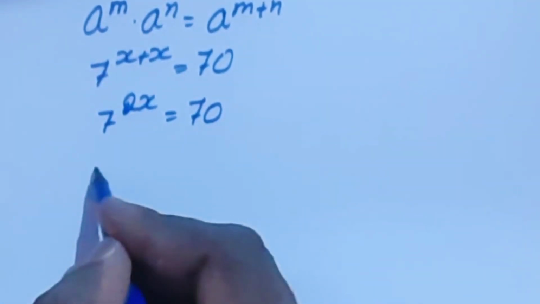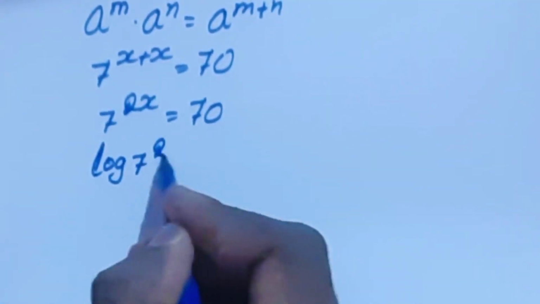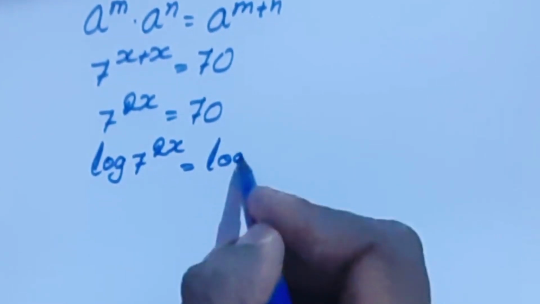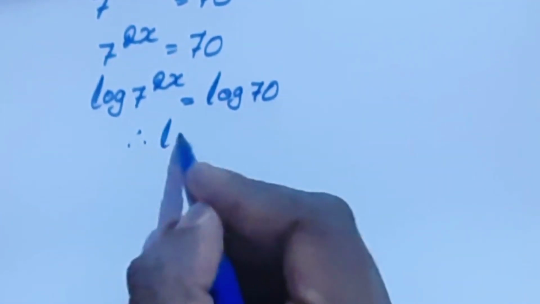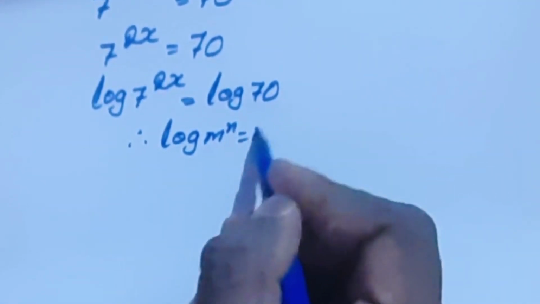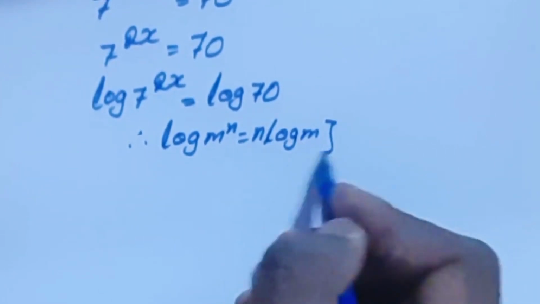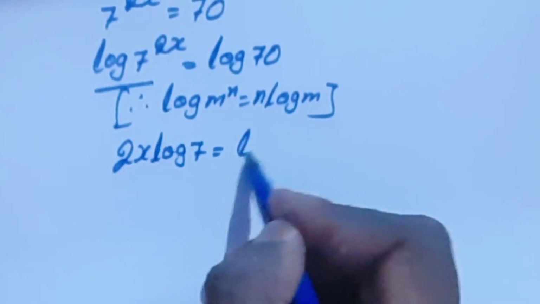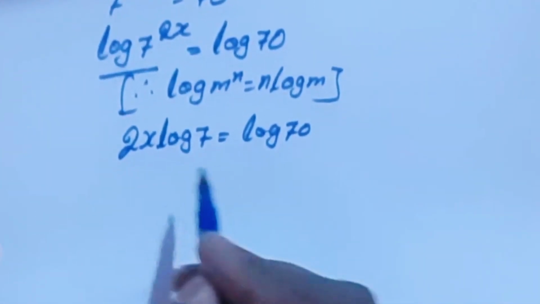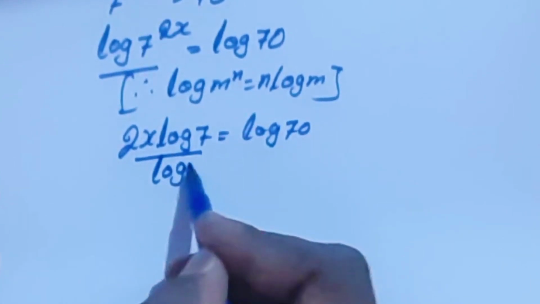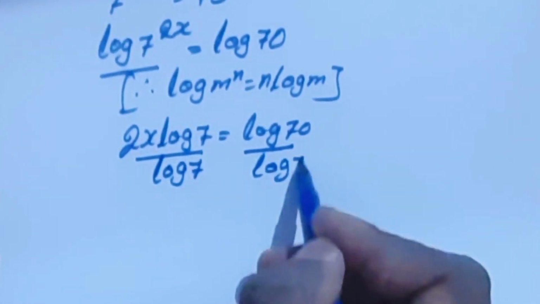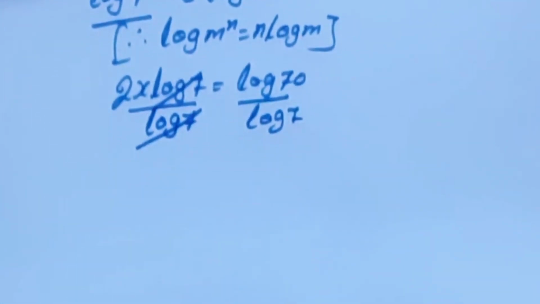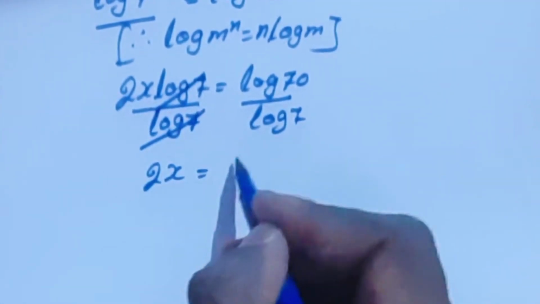Here we are going to take a log on both sides. Log 7 power 2x, right hand side log 70. Here we are going to apply this log power formula, that log m power n equal to n log m. This log power formula we are going to apply in left hand side. So we'll get here 2x log 7 equal to log 70. Here we are going to divide by log 7 on both sides. So this log 7 cancels this. Here we have 2x equal to log